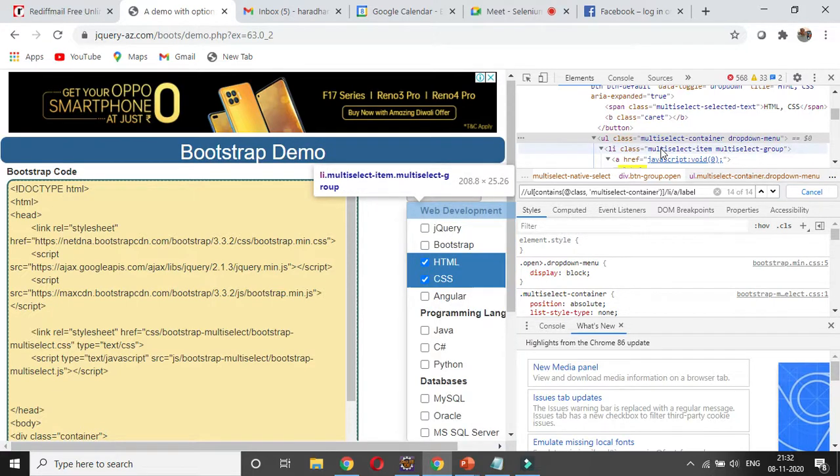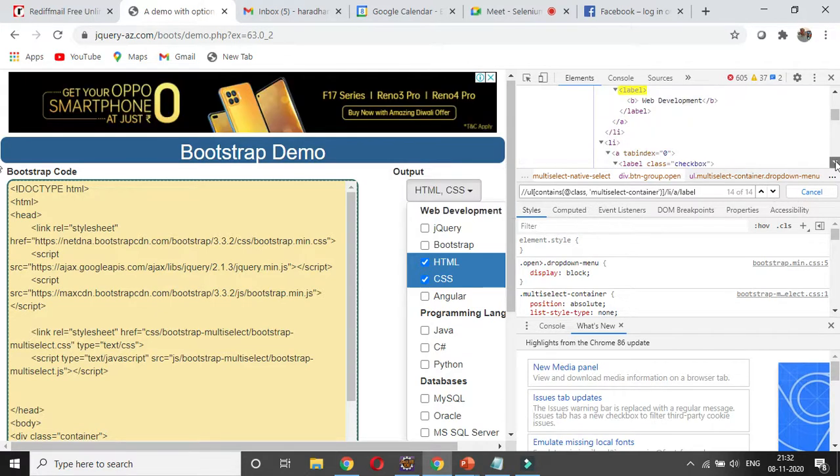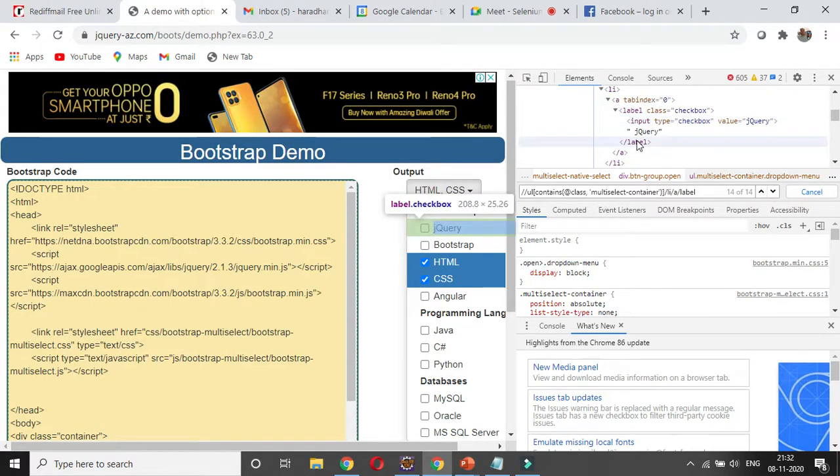Then you can see there is no such option there, right? Under the UL there is a li tag, so I have given slash, then I have given li, and under the li there is a tag called a, I have given the a. Then under the a, right, there is a tag called label, right? So that is the end tag, right? After that you can see this closing, right? Label is getting closed, a, and then li is getting closed. So till that label I have to go, because in the label only the value is there.